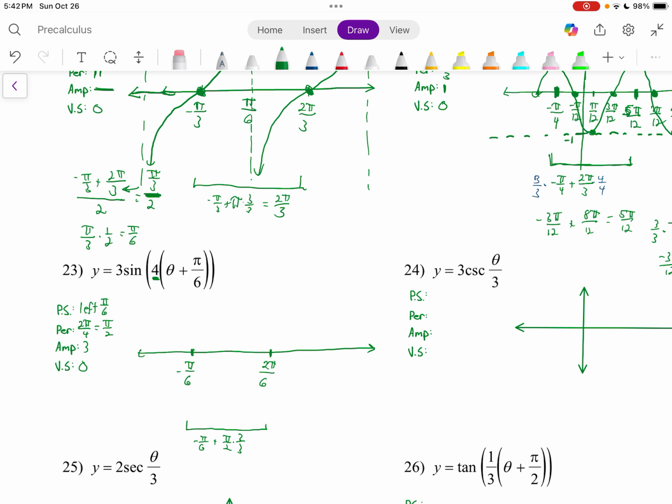All right, let's get into finding our other spots here. I'm going to use the same method I used for 22. I feel like this method works best when we do have a phase shift and a change in period. We want to take our period, not our normal period, and we want to multiply that by 1/4, because that's going to tell us how much space is from our start spot to our first quarter, and then we're just going to keep adding that. So we're going to take pi over 2 times a quarter, gives us pi over 8,